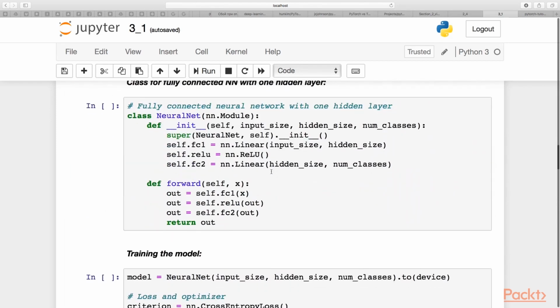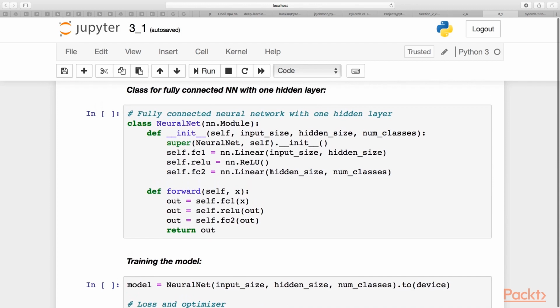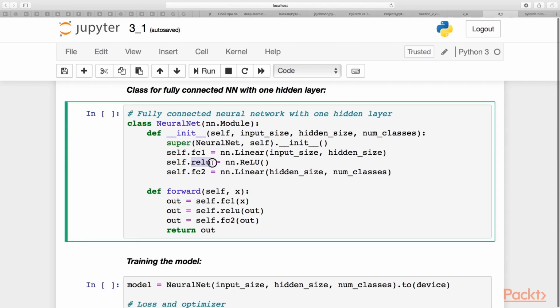Okay, now we have to write a class for a fully connected neural network and then train it. We will write a very simple neural network with just one hidden layer. And this means that we will have just one non-linearity. Let's use ReLU, for example. And we will have two fully connected layers. We can build them using nn.Linear, and we will name them simply fc1 and fc2.